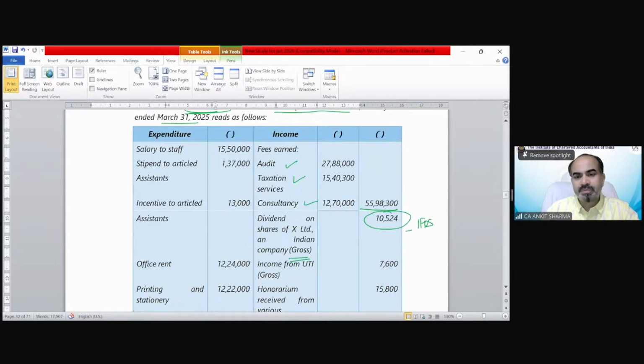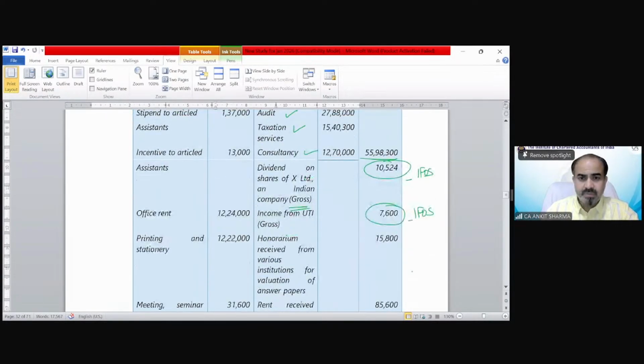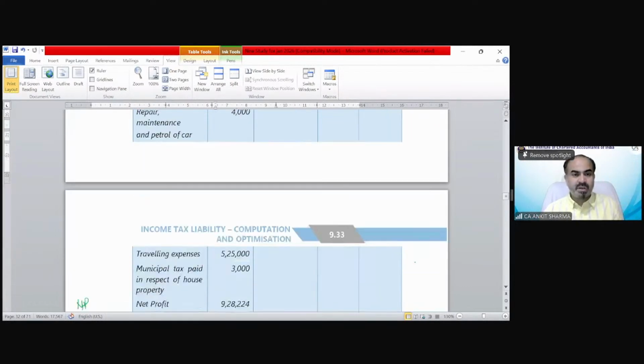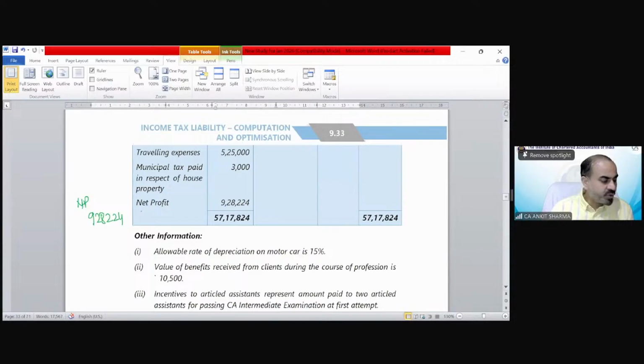Need to be reduced. Income from UTI gross, income from other source, need to be reduced. Honorarium received from various institutions for valuation of answer papers, income from other source, need to be reduced. Rent received from residential flat let out, income from house property, need to be reduced. So these 4 things. First of all, we are going to reduce